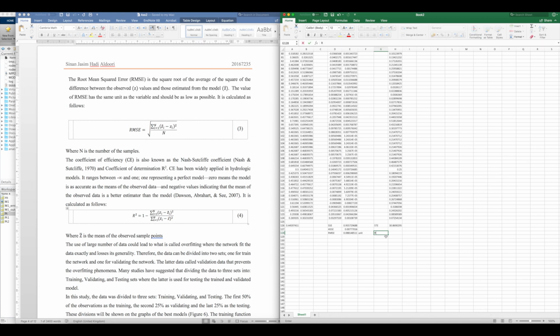Then we'll have the R square, and it is equal to 1 minus, open the bracket, the sum of the square error divided by the total error. And this is our R square for the whole data: 0.969, which can be considered 0.97, which is very high. That means our data or our model